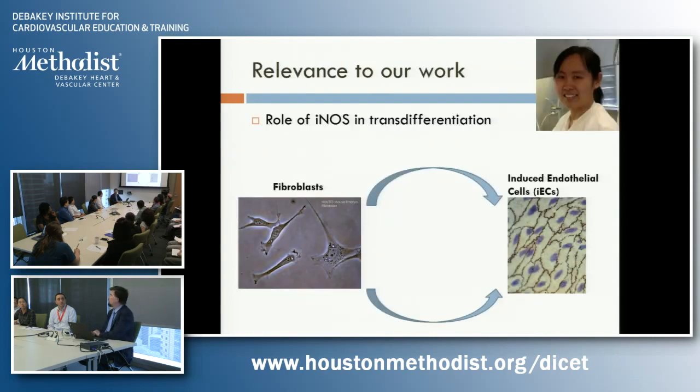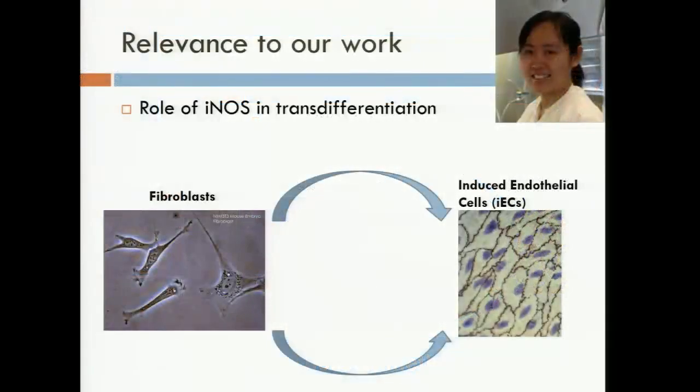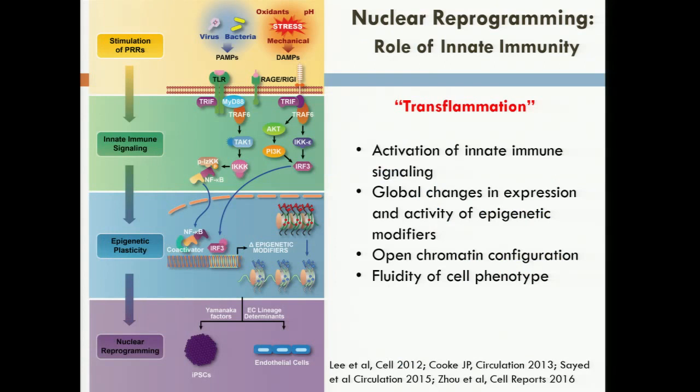Well, as you're going to be hearing from Dr. Shu Meng momentarily, nitrosylation plays a critical role in transdifferentiation, in the nuclear reprogramming that occurs for the transdifferentiation of one somatic cell into another. And specifically, Shu is working on the effects of innate immune activation and endothelial cell transdifferentiation factors for this process of transdifferentiation of fibroblasts to endothelial cells. Her project springs from a larger program at our center looking at the role of innate immunity in nuclear reprogramming.